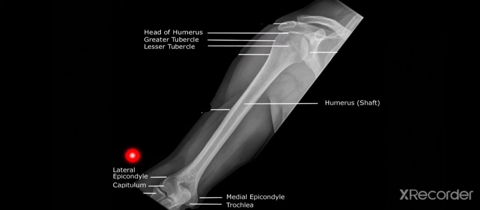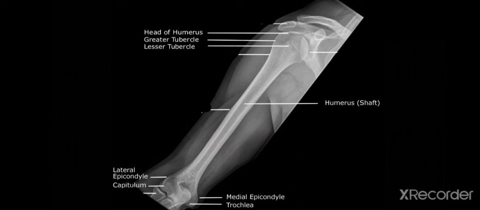The 3 secondary centers of the upper end fuse together to form the conjoint epiphysis, and in the lower end the three of lateral epicondyle, capitulum and trochlea fuse to form a conjoint epiphysis, whereas the medial epicondyle fuses separately. These epiphyses fuse with the shaft, the conjoint epiphyses, and the medial epicondyle separately. Sometimes the medial epicondyle will not fuse with the shaft, and it may be mistaken as a medial epicondyle fracture.